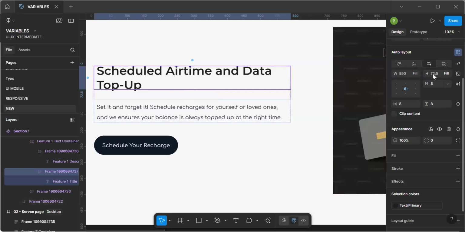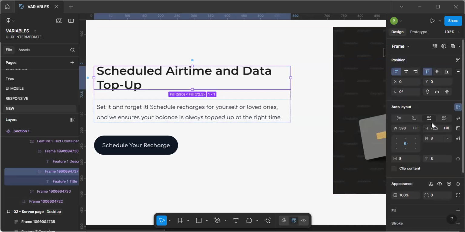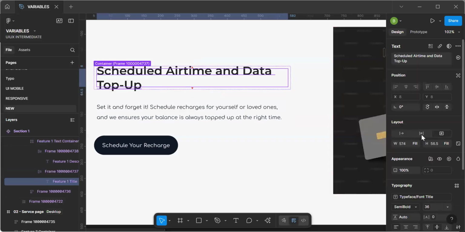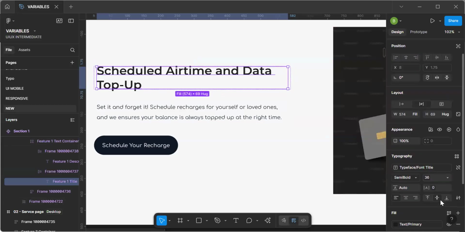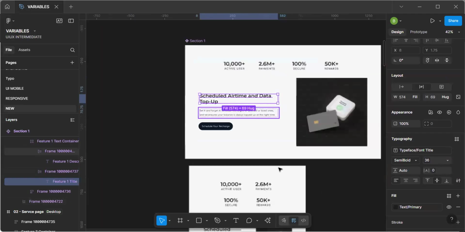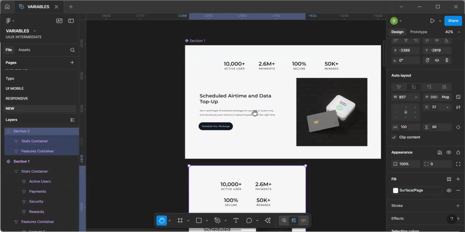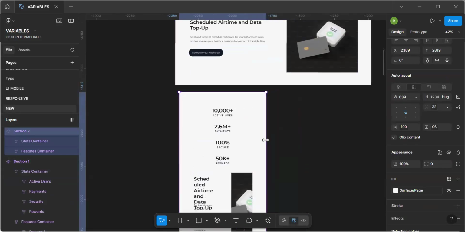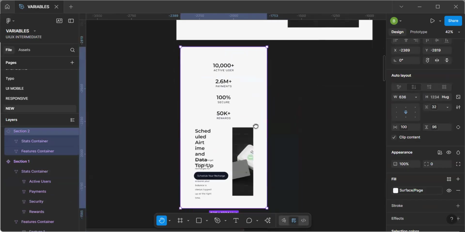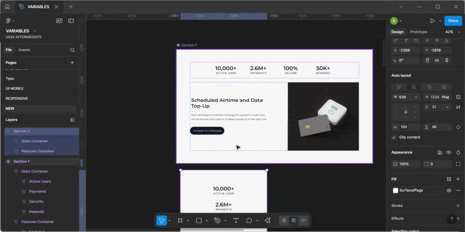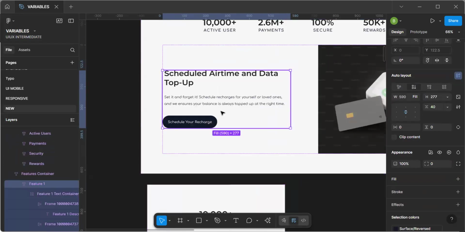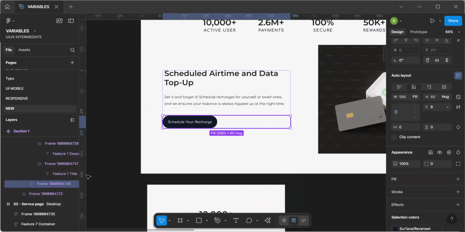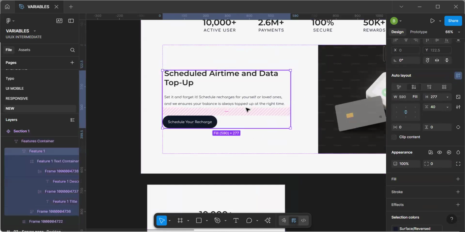This is an auto layout. So why? What is it? Or is it here? Fill, text space. But in the meantime, let's see what we have here. So I think that is still not working because of some, oh,